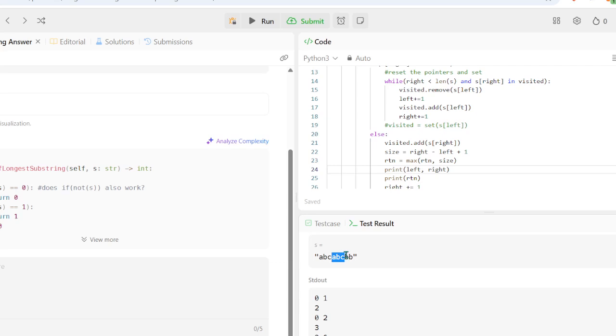So it thinks that this substring is okay. What?